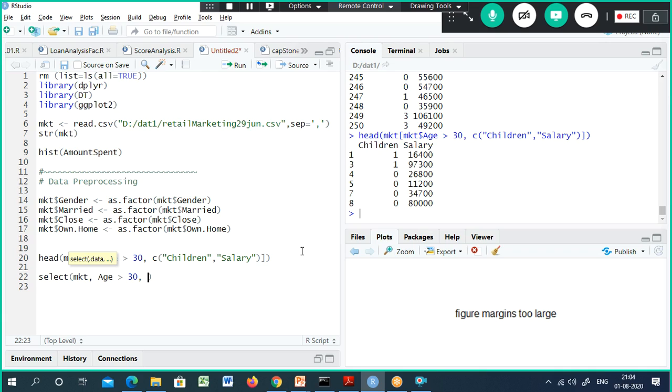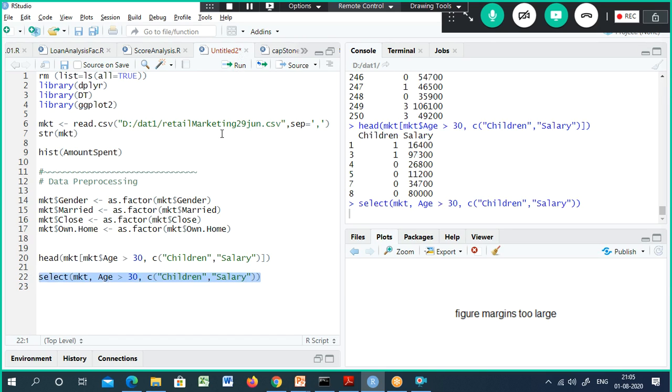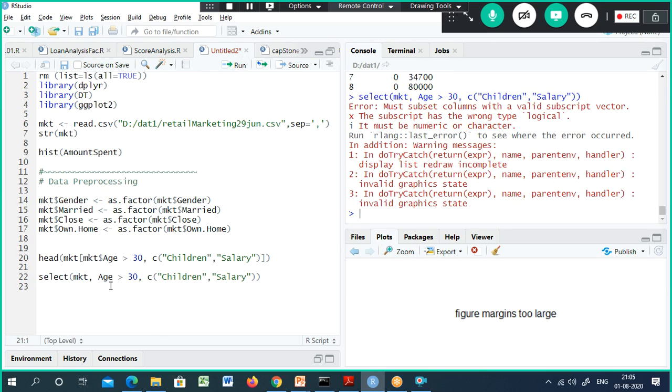Okay, what we can do is here we can specify the column name, something like this. Let us give it a try. Usually, this condition we use in the filter condition.